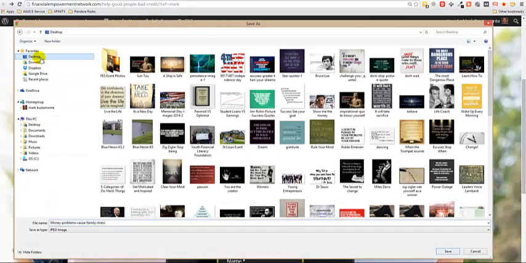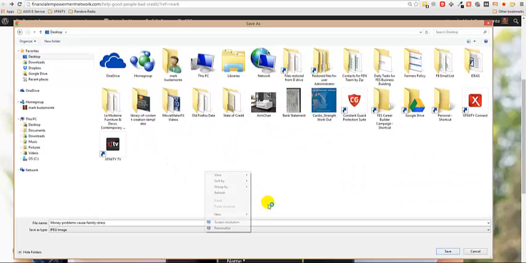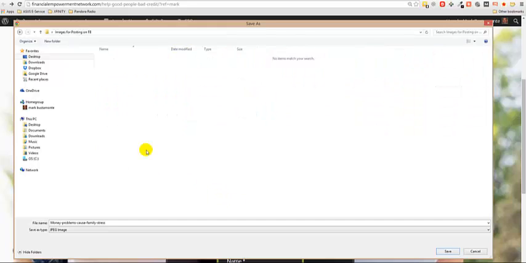in a folder perhaps on my desktop. Create a folder. And I could just call it images for posting on Facebook. So I'm going to open that folder, and I'm going to call this Help People Get Paid, because this is the capture page